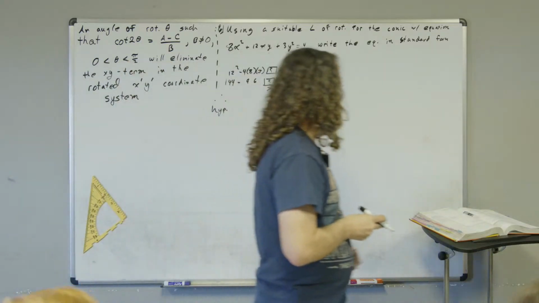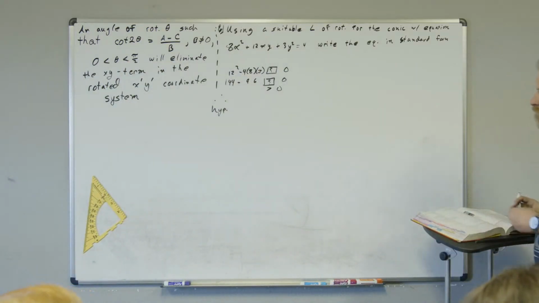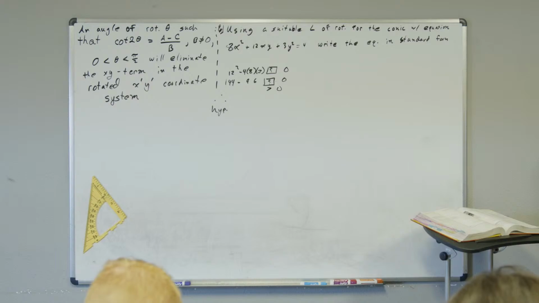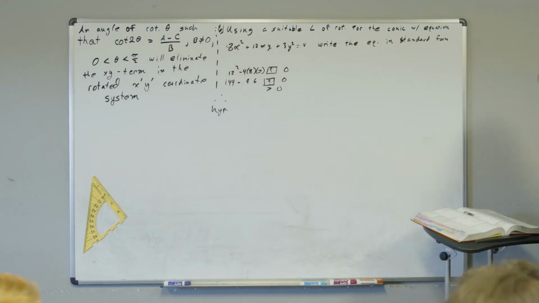Yes? Okay, so the rule again is less than 0 is an ellipse, greater than 0 is a hyperbola, and 0 would be a parabola. So it has to be less than,